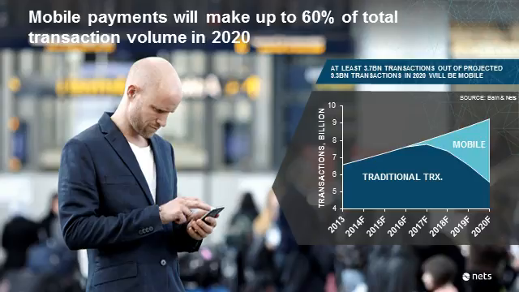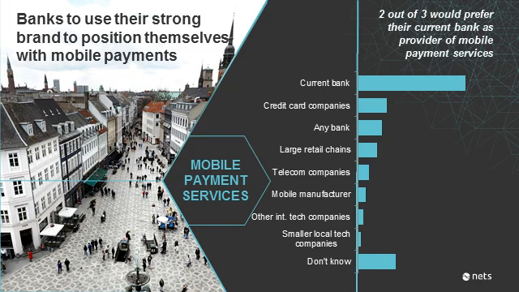Visa is operating with percentages as high as 60% of total transactions initiated through mobile phones in 2020. Our target is probably more like 40%, but it's probably going to be an extremely profound